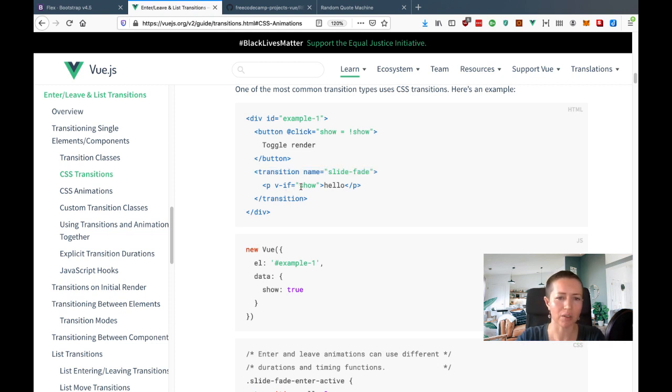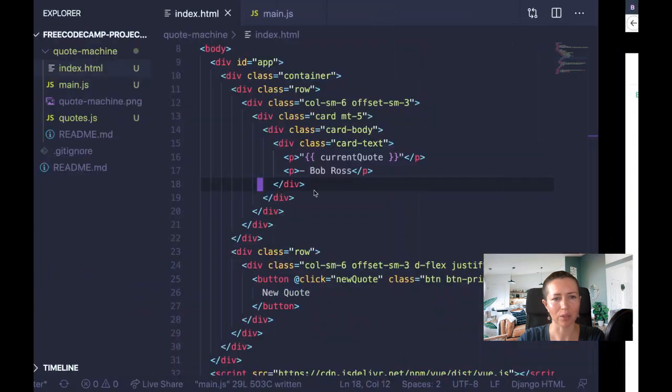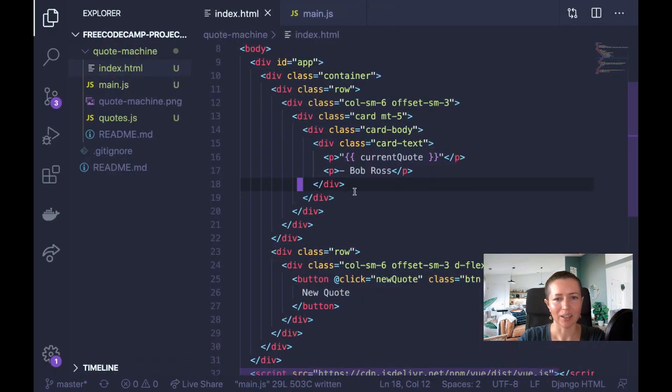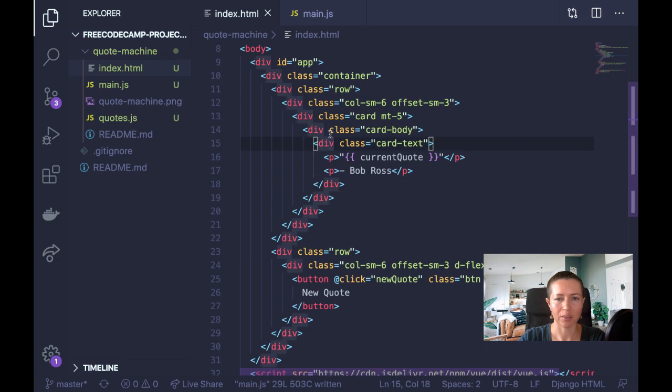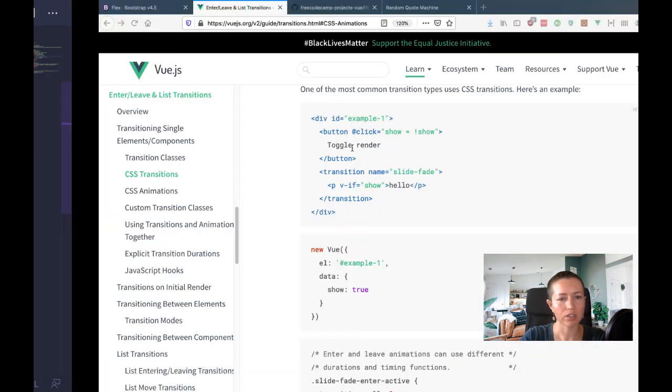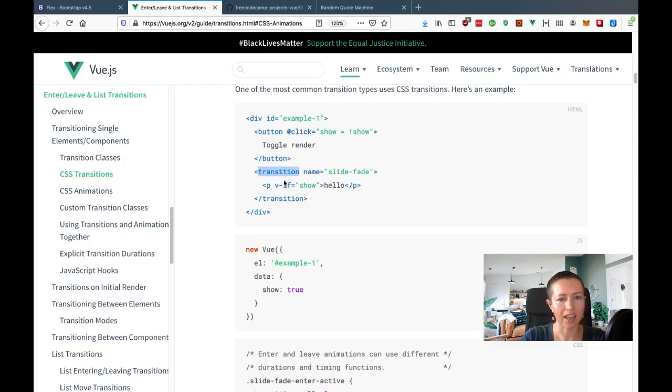I mean, this is just showing and hiding, show, hide, based off of a Boolean. So let me see how this is going to work for the quotes, because I don't know. So let's see, transition, name, slide, fade. Let me wrap the, actually it would be this, I guess. I would be wrapping this transition tag and the